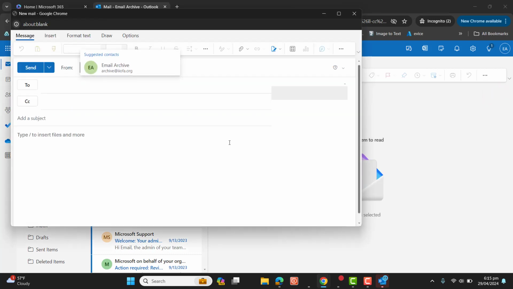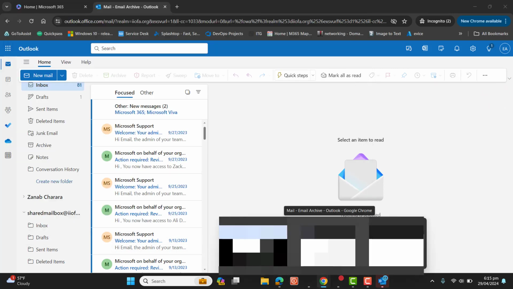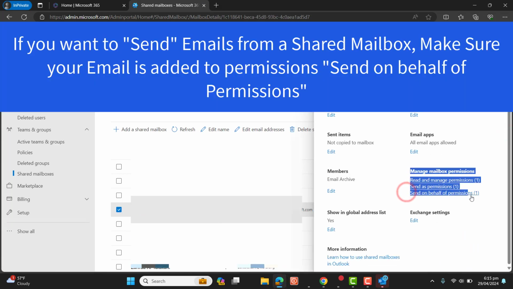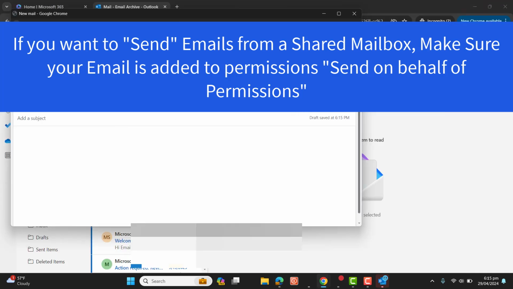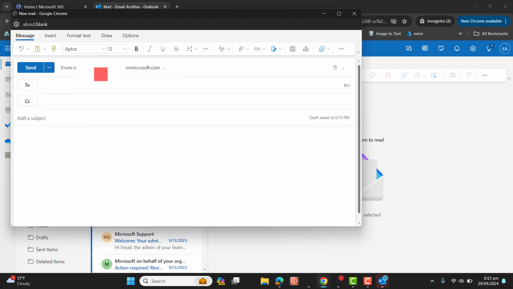We can expand it, and if you remember, I have already shown you that if we select the send on behalf of permission and we have added our email to it, we can send emails directly from the shared mailbox. So I can send to anybody here,